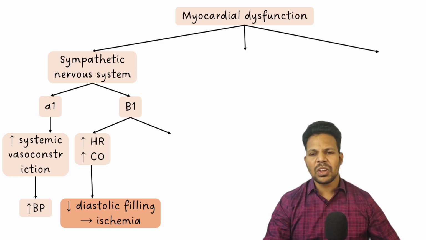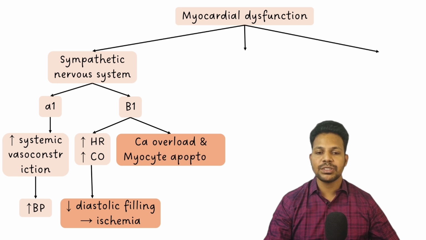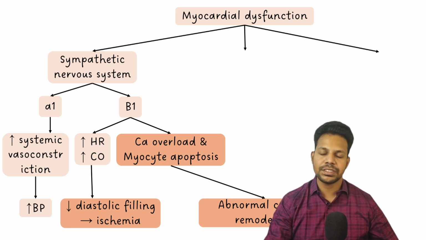Now, a pathological effect of excessive activation of beta 1 receptors is calcium overload and myocyte apoptosis, right? Calcium overload and myocyte apoptosis. That will result in abnormal cardiac remodeling. What will happen when the myocyte apoptosis happens? It is again replaced with collagen, and eventually the fibrosis forms, like you see in any case of wound